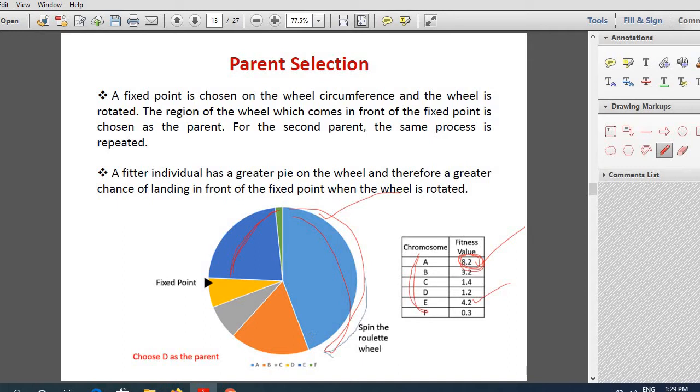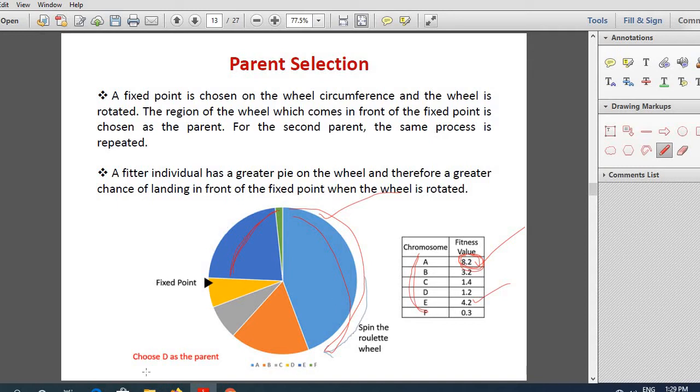So proportional to the fitness value, area will be provided to each of the individuals. Now to select the first parent, to produce offspring you always need two parents. So initially, if your population has 100 solutions or 100 individuals, each with its own chromosome, what you do is